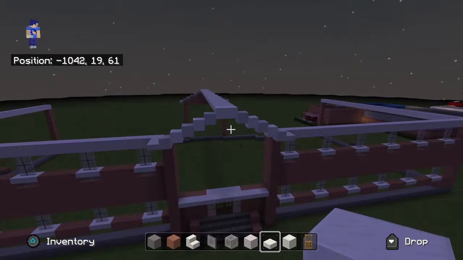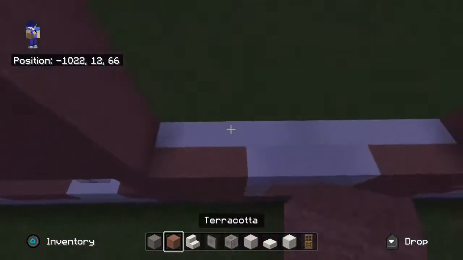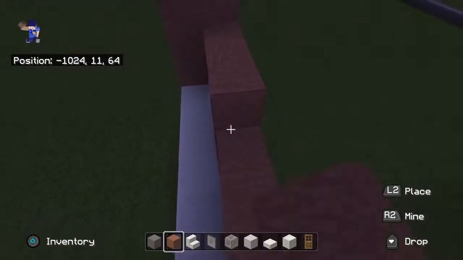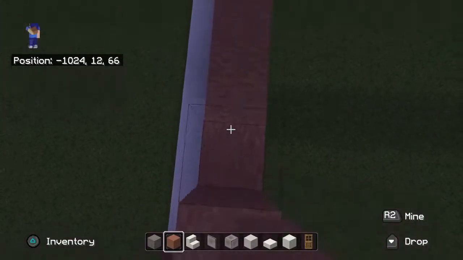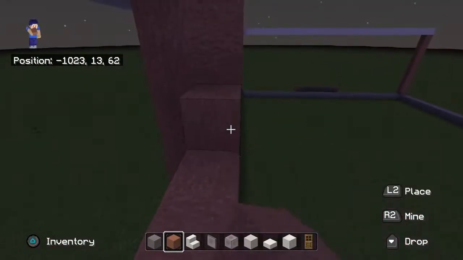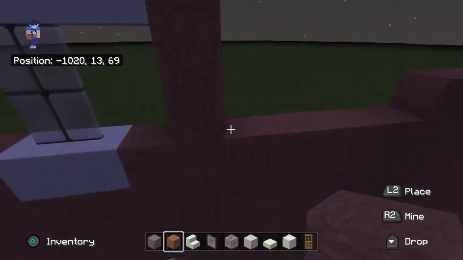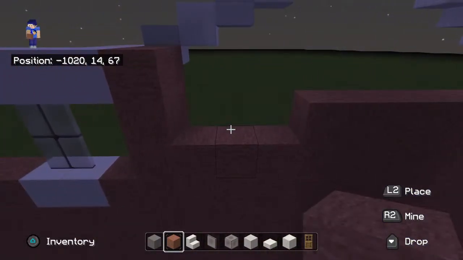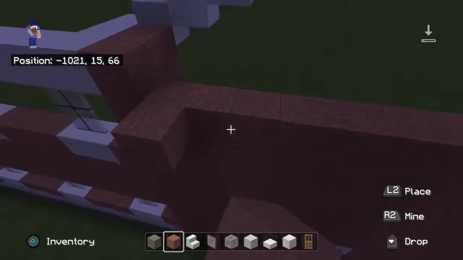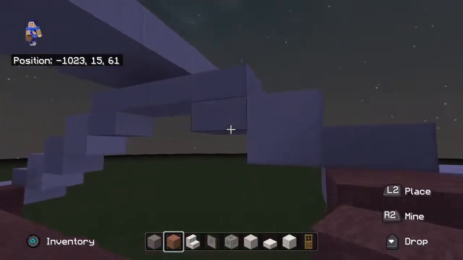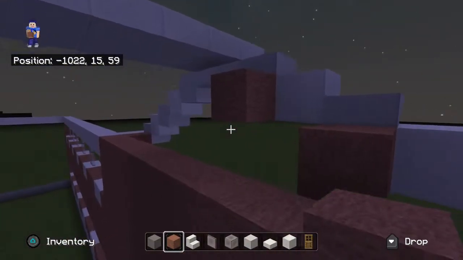I'm going to place some terracotta above this back entrance, all the way up to the top, where the roof is. It's just going to sit underneath, and it's just going to fill in any gaps that we would have. The gaps are pretty much where we would have the quartz slabs, I think. Because the slabs will just sit on top of the terracotta, and you'll be able to see this, right? So the slabs will just sit on top of the terracotta like this, and